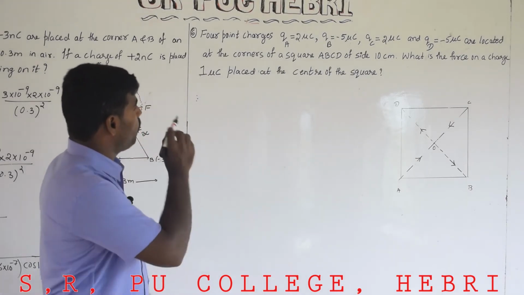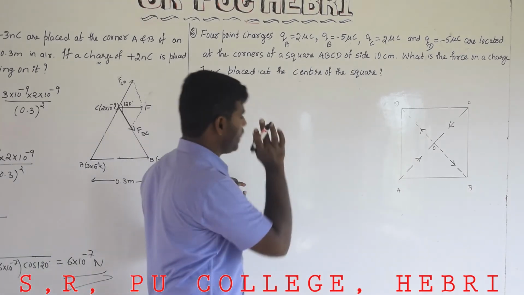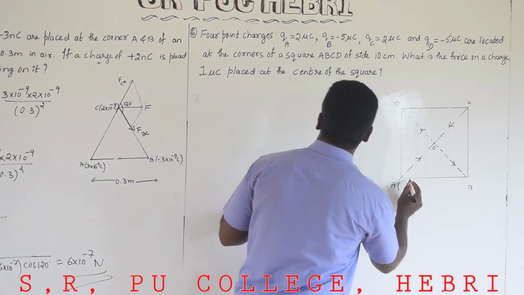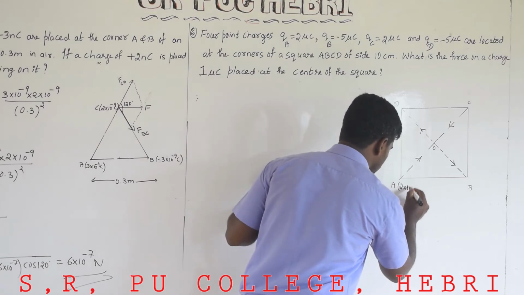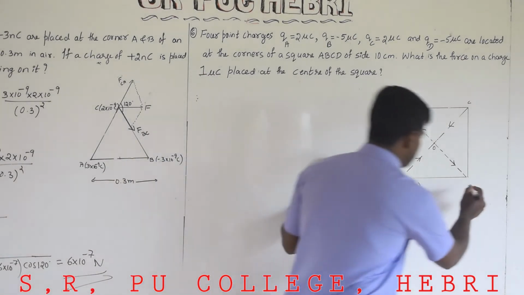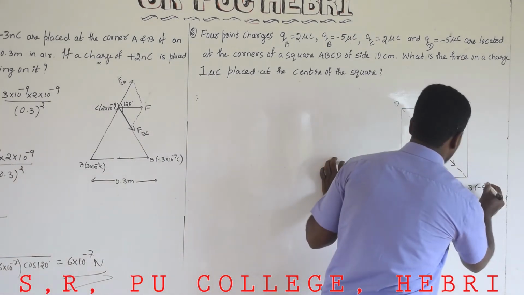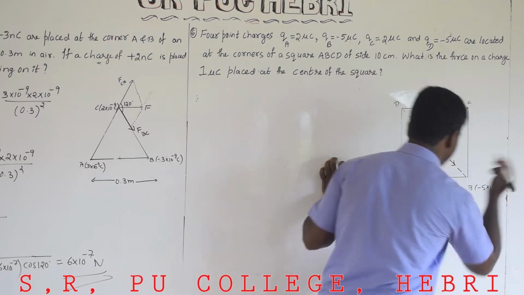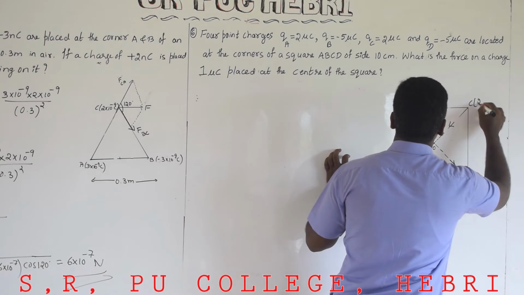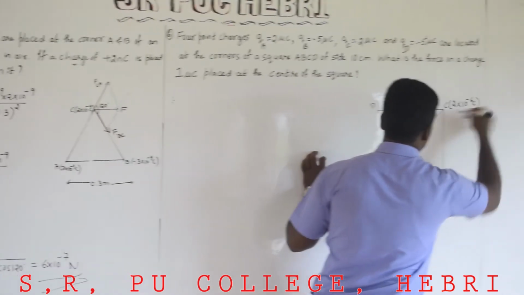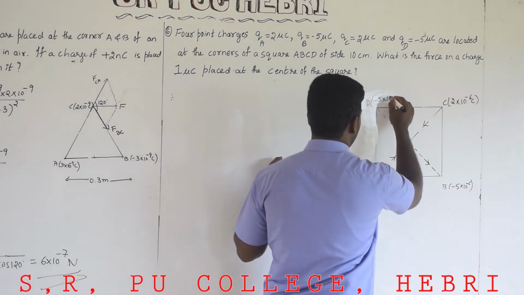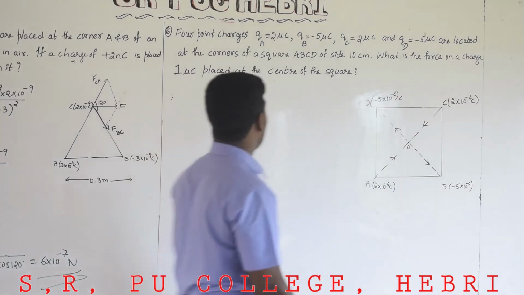ನೋಡಿ ಕ್ವಶನ್ ನೋಡಿ, 4 point charges QA will be 2 microcoulomb. ಹಾಗಾದರೆ ಇಲ್ಲಿ ಎಷ್ಟು ಬರಿಬೇಕು ಕೇಳಿದರೆ, ಪಾಯಿಂಟ್ A ಸ್ಕ್ವೇರ್ ಕನ್ಸಿಡರ್ ಮಾಡಿದ್ದೇನೆ. The charge will be 2 microcoulomb, that is 2 into 10 raised to the power minus 6 coulomb. The charge on B is minus 5 into 10 raised to the power minus 6 coulomb. Then the charge on C is 2 into 10 raised to the power minus 6 coulomb. The charge on D is minus 5 into 10 raised to the power minus 6 coulomb, located at the